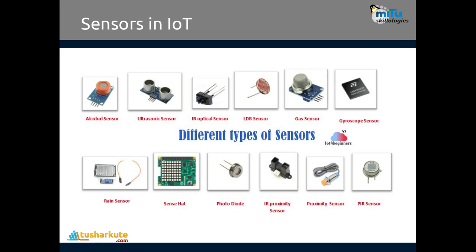Okay, so all these sensors are present. They are used to input data, and based on your application of the device, these sensors are required. These sensors are effectively implemented in your IoT device. They are not limited to this. Hundreds of sensors are present. Industrial sensors are different, and commonly used sensors are different.